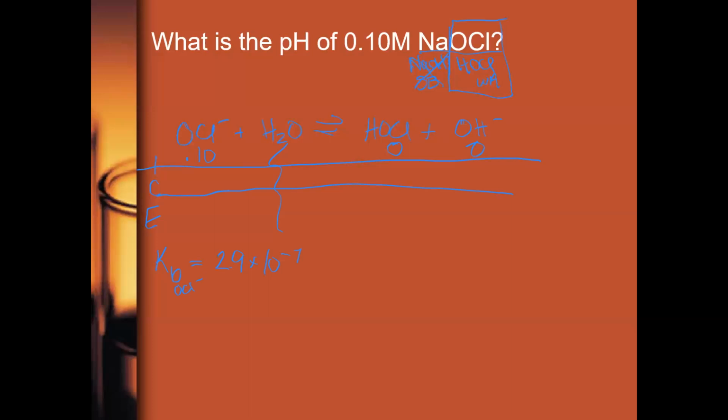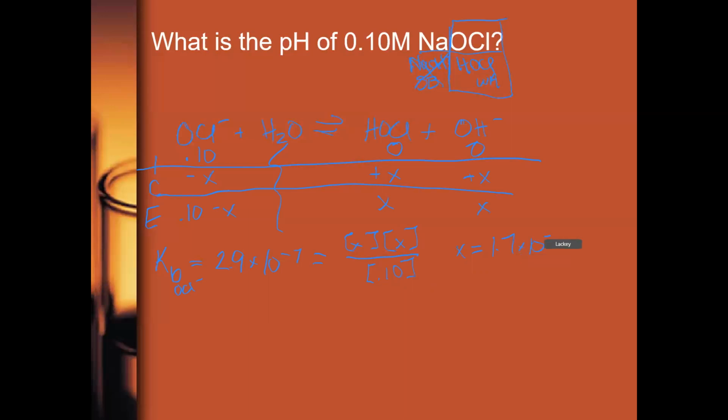So since we have 0 on our product side, we have to add by a factor of X on our product side, decrease by a factor of X on our reactant side. And those plug into our Kb equation. So we have X times X, or you can combine that into X squared, over, here we can ignore our X, so we can just do 0.1. So we can figure out that X, whenever we multiply by 0.1 and then do the square root, X is equal to 1.7